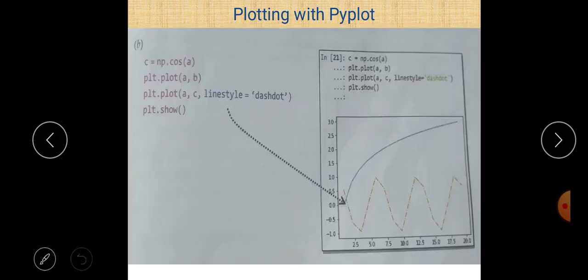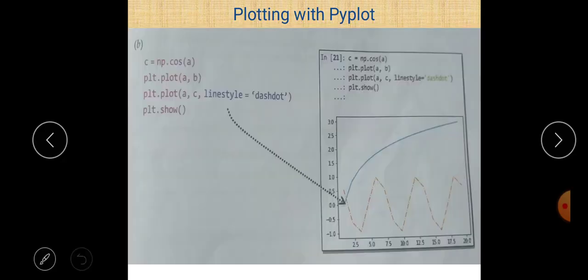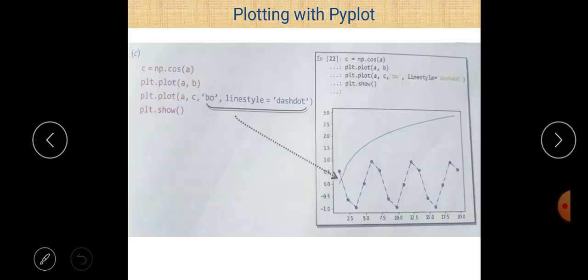It is the same value but a different representation. In the previous case we just used dash dot, and in this case we also use dash dot but with bo. So the color is changed and the representation is also changed. The circle O is used to represent the different marks.